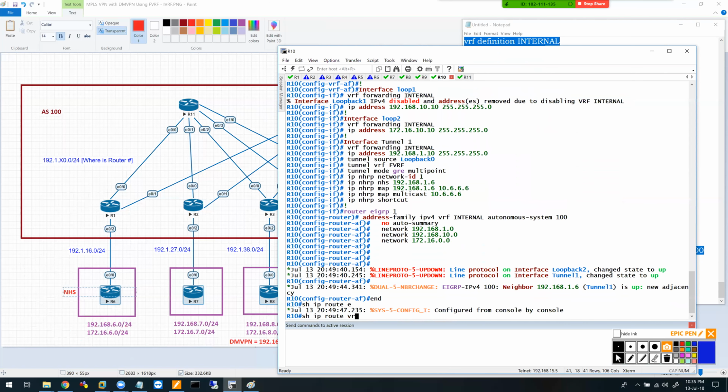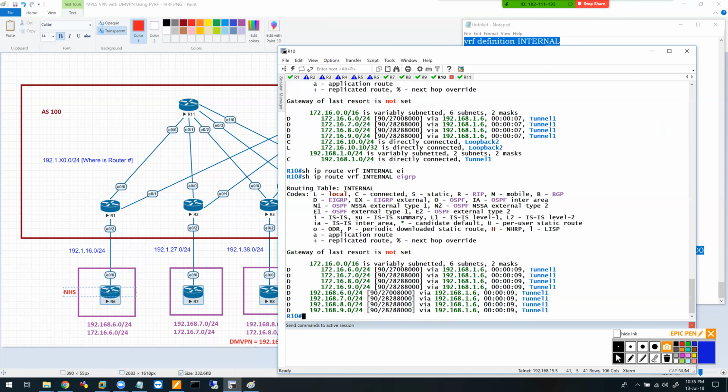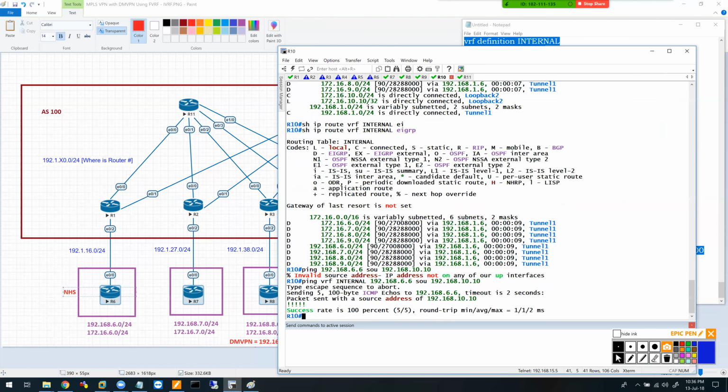IP route, VRF internal. There you go. Just do a couple of traces, or just do a ping. 192.168.6.6. Source is 192.168.10.10. Is it? Oh yeah. Ping VRF internal. There you go. Let's also ping